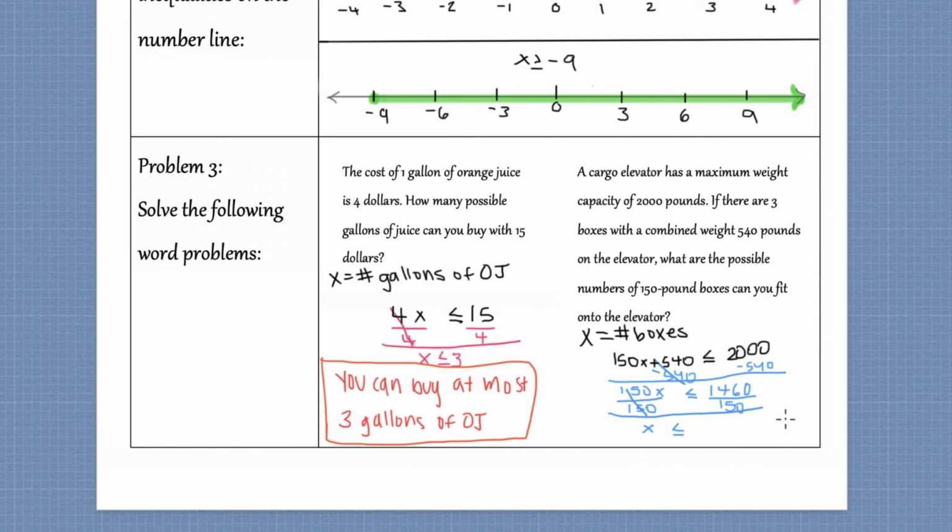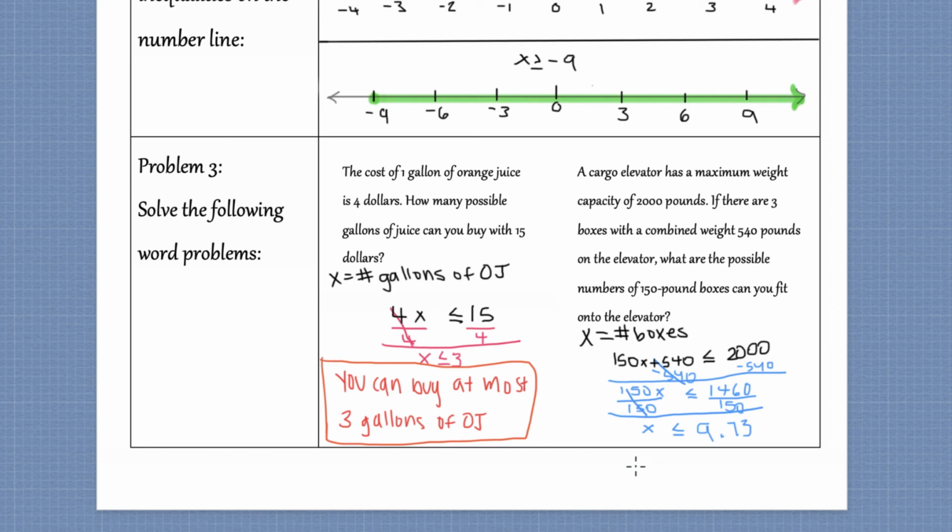If you know, 1,460 is not evenly divisible by 150, it won't give us a whole number. And so we're just going to write this out in its decimal form. So 1,460 divided by 150 is going to give us about 9.73. So this says that x is less than or equal to 9.73, or you can fit at most 9.73